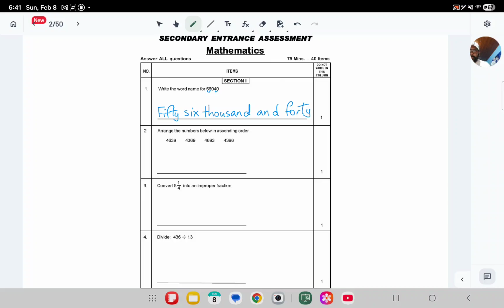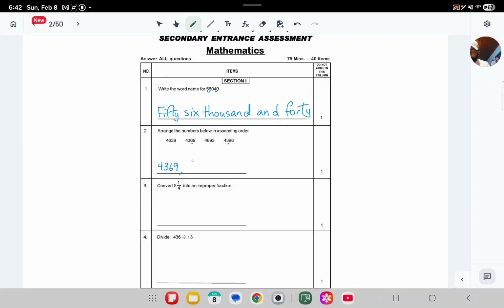Number 2, arrange the numbers below in ascending order. Ascending order is from the smallest to the largest. So if all of the numbers start with 4, then we look at the hundreds digit. We realize that these two have 3 in it, so they are the smaller of the set. From here now, we look at the tens value because both of them had 3 in the hundreds value. We realize that 6 is smaller than 9. So we know the smallest numeral here is